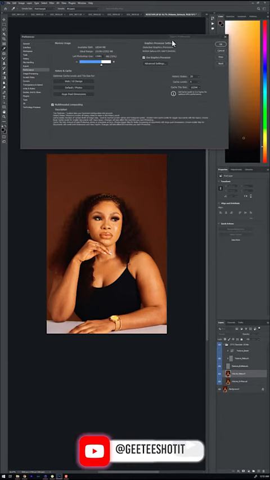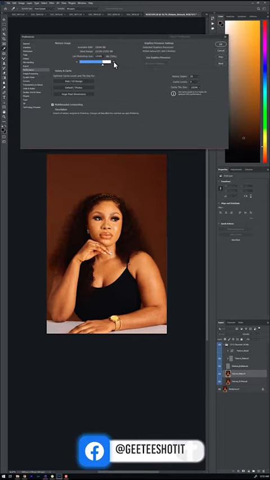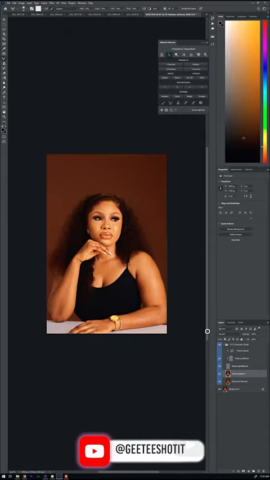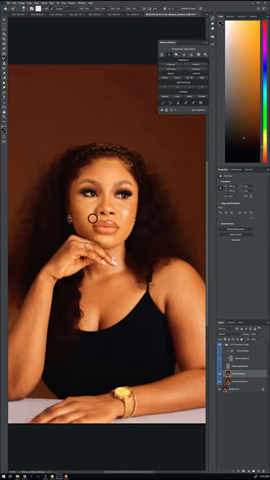So that's for those who have a graphics card. You turn this off and push it up to about 80 or 90. Yes, that is you telling your system to use about 90% of the RAM for Photoshop. When you're done with this, you just say okay, and by the time you come back and you zoom in, you want to start retouching,